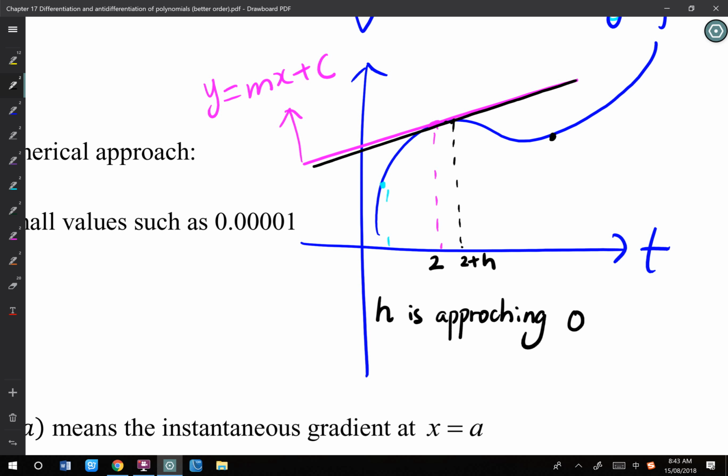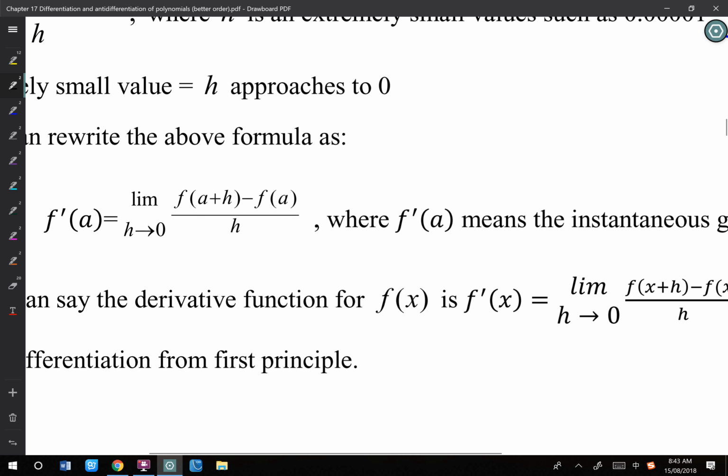Then this is the idea for limit. When h is approaching 0, what is the average rate of change, the average gradient of that black line, approaching? Then the value it is approaching will be my actual instantaneous rate of change. Okay, so that's why we learn limit first. If you can see this,